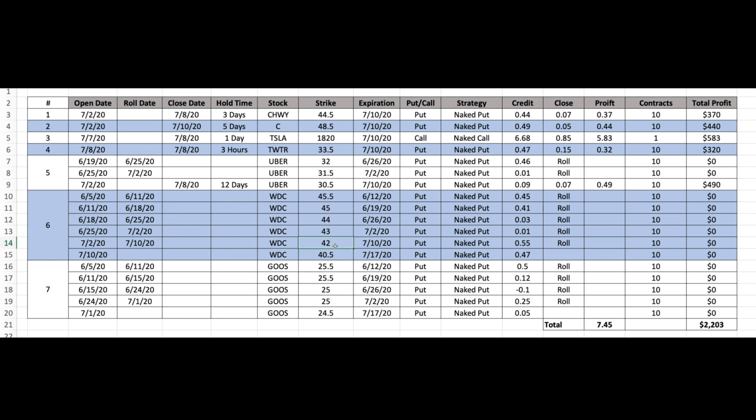And when I sent the email alert out, I'd mentioned that typically I would have held that closer to the end of the day to see if I could just close it out instead of rolling. But I decided to just go ahead and roll it because I was anticipating that I would probably want to get back into the stock next week anyway. So I was able to roll it, and I rolled it down to the 40.5 strike and still received a credit of